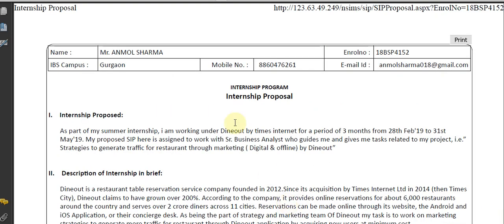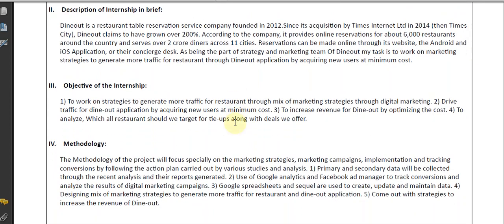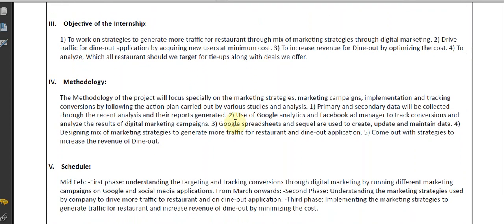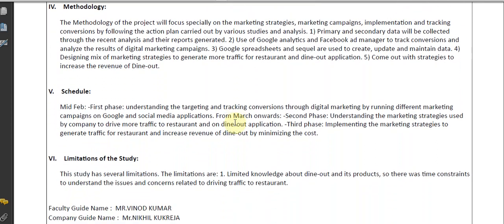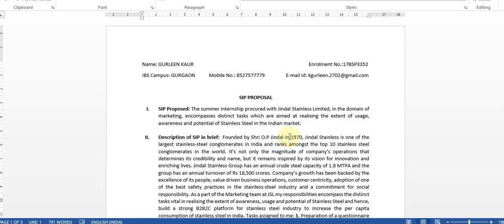Anmol was one of my gold medalists, so that's the reason I've chosen his internship here. Again, you can read the internship title and description of internship in brief, and objectives, research methodology, and schedule, followed by the limitation.